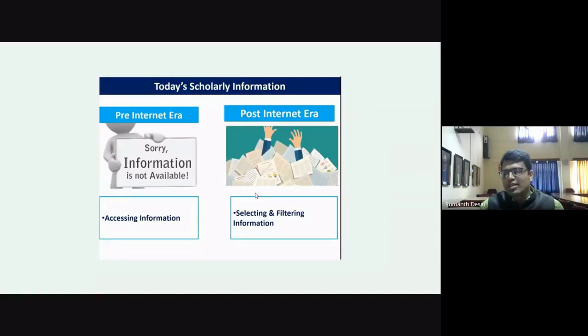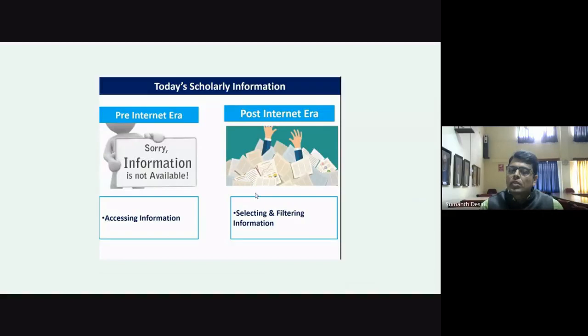Complete access is only in the form of open access and green access, etc. But yes, we can certainly go and see what kind of literature is there for a particular area of research, because at least we can see the title of the paper, abstract, and other things. So that way, access to information has